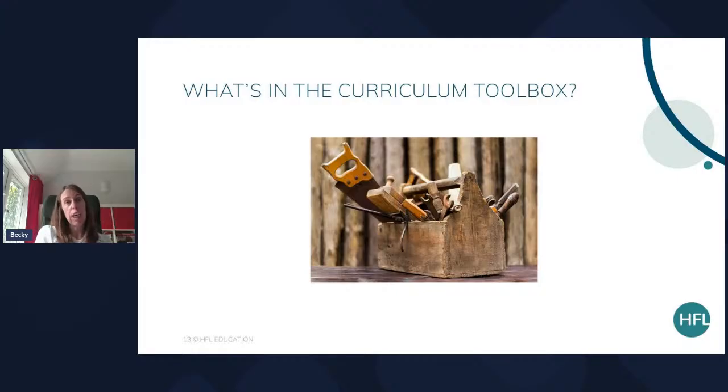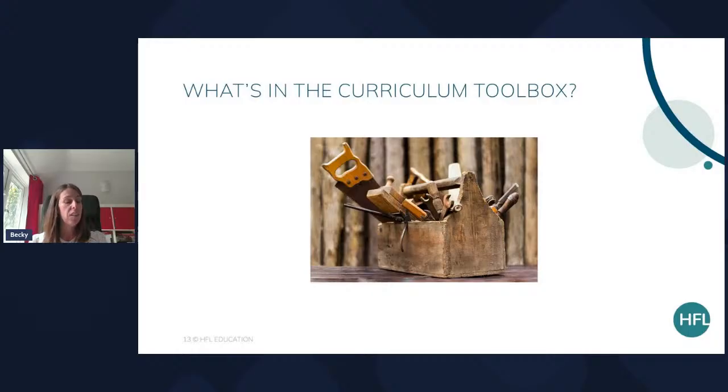Your local authority may have their own guidance on what could be termed ordinarily available provision. That's something in Hertfordshire we're working on at the moment, or universal provision. But if not, think about what you call the provision for all in your school. Is there a provision map or a provision overview so that new teachers to your school and experienced teachers know exactly what they should be providing within their classroom? Does everyone know what is expected of them?